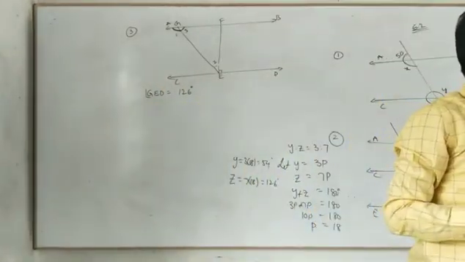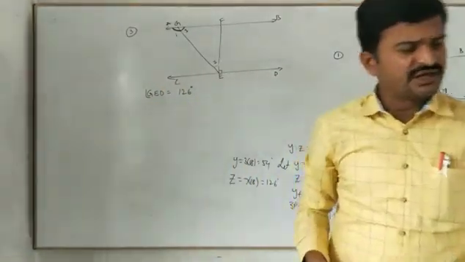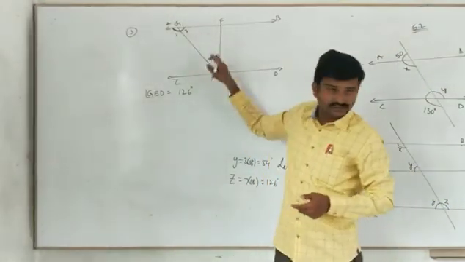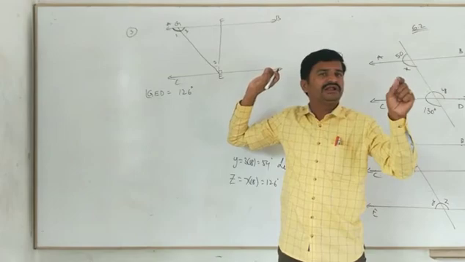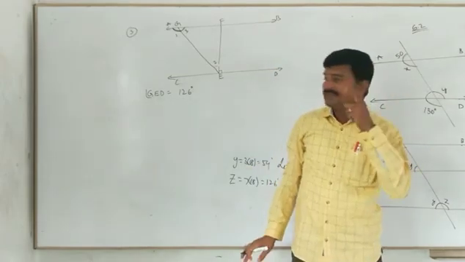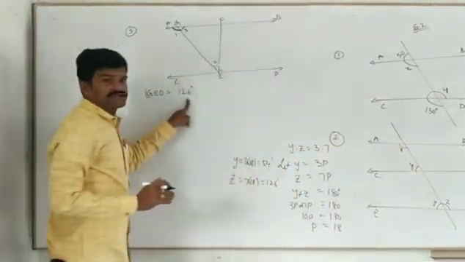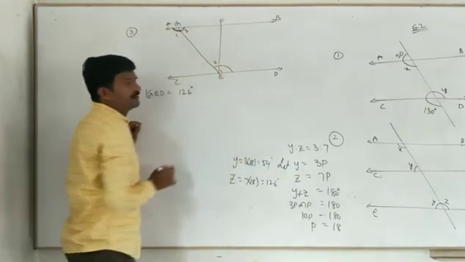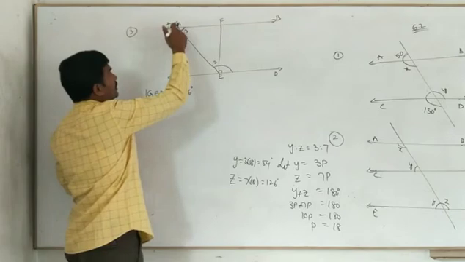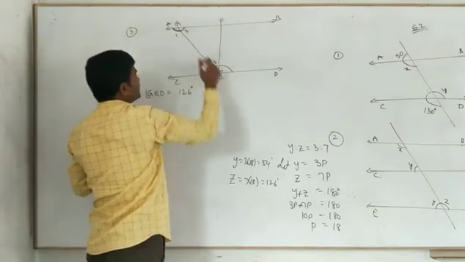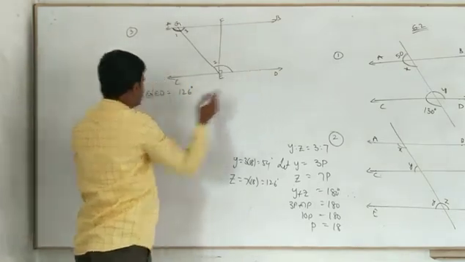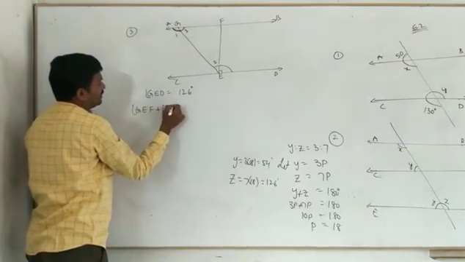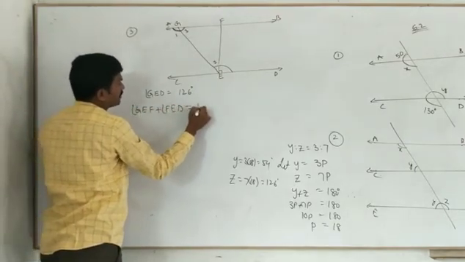Very simple. Okay. See, there is no rule for doing them continuously, that first I have to find one, next two, three like that. Whatever you know directly, that one you can find first. Are you clear? Look here. Where is my angle GED? This total is given now. How much is given? 126. But GED is nothing but GEF plus FED, no? So angle GEF plus angle FED equals 126.